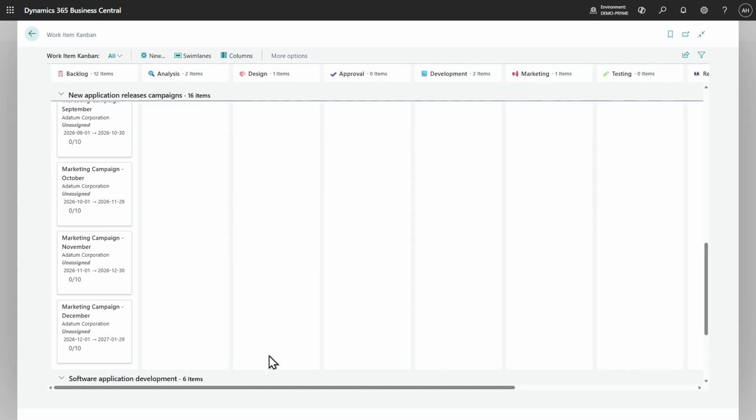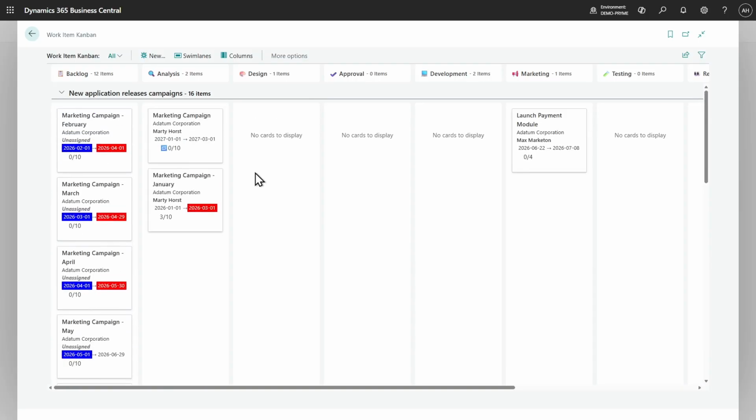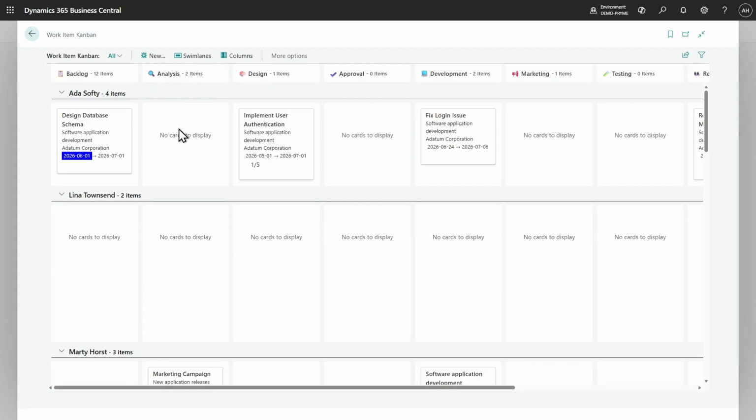And now we see we have a lot more stages, and that's because we're mixing different kinds of work. Some of the stages overlap, but some of these stages are unique to each of these pieces of work. So again, if we switch this around to who this is assigned to, we can see that some